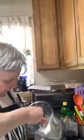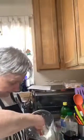Although, see, my Vitamix pulverizes everything. But my ice cream is not hard in the freezer, so it doesn't get hard. Not that particular one I just made. Anyway,